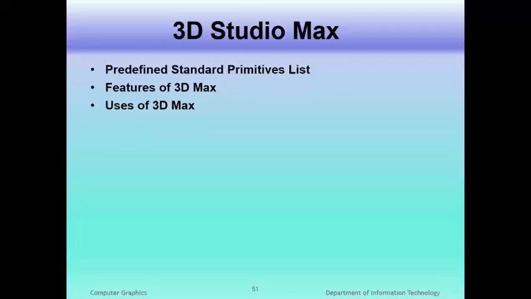MaxScript. It is a built-in scripting language and can be used to automate repetitive tasks, combine existing functionality in new ways, develop new tools and user interfaces, and much more. Character Studio was a plugin which since version 4 of Max is now integrated in 3D Studio Max, helping users to animate virtual characters. Dedicated curve editors and motion capture data import tools make Character Studio ideal for character animation.